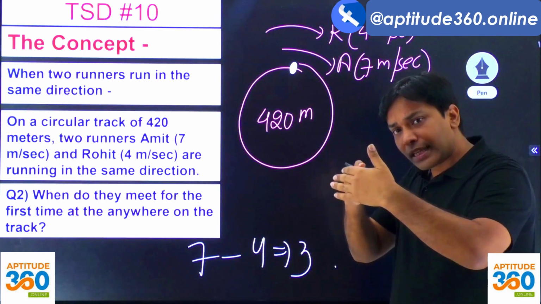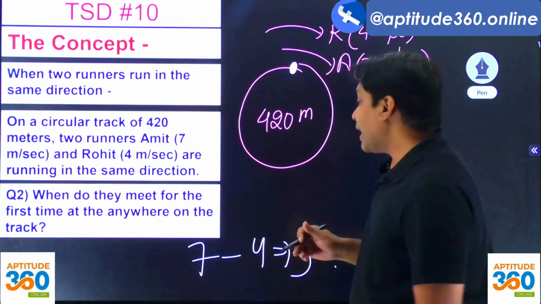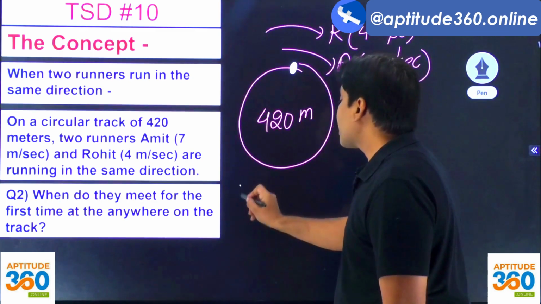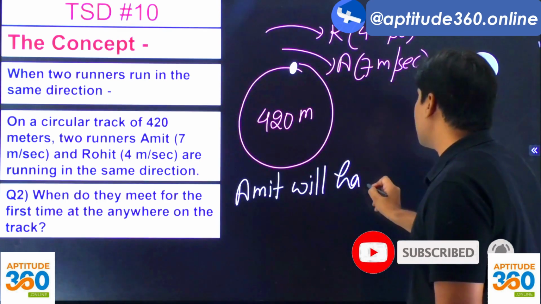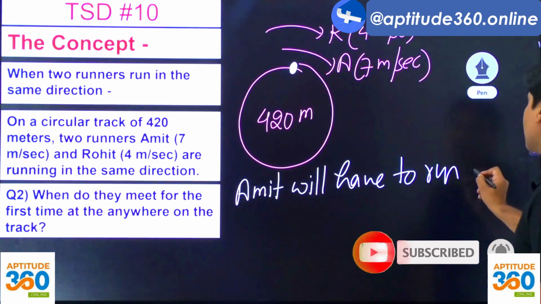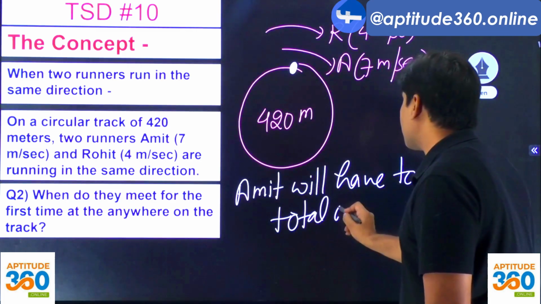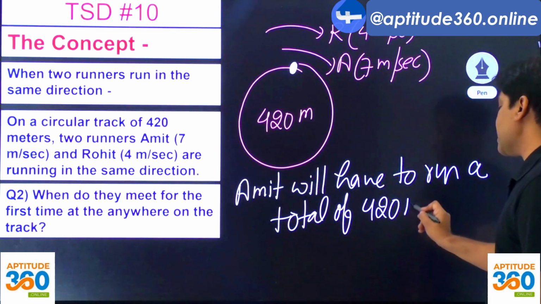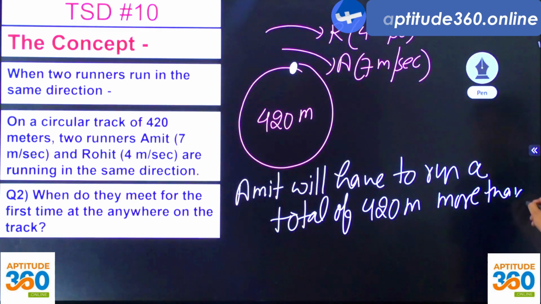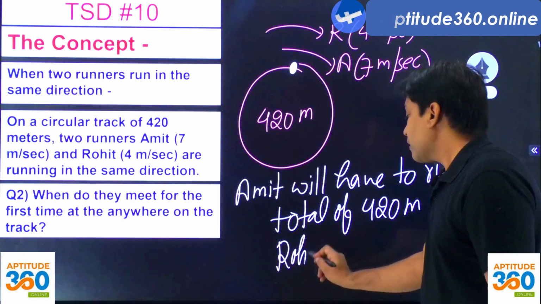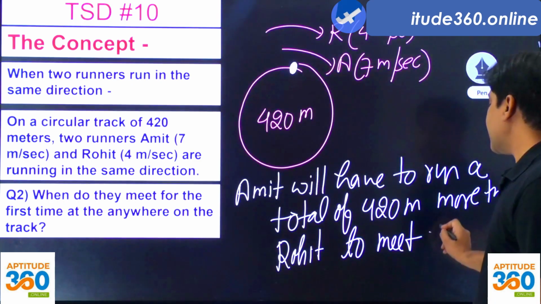And then don't you think that the gap is going to be increasing between them, right? और anywhere on the track अगर आपको मिलाना है तो don't you think that Amit will have to run a total of 420 meters, which is the circumference, 420 meters more than Rohit to meet him